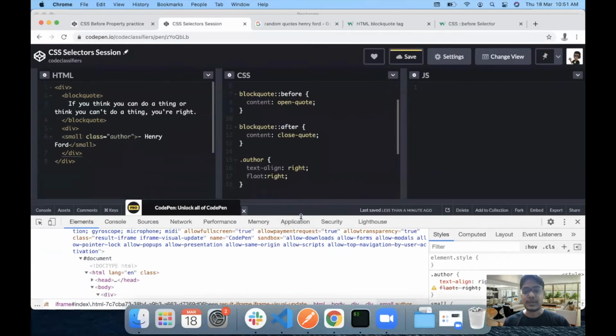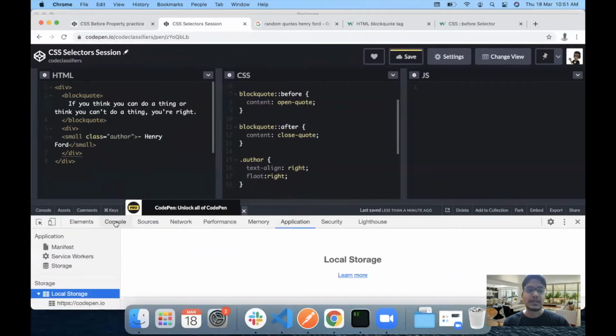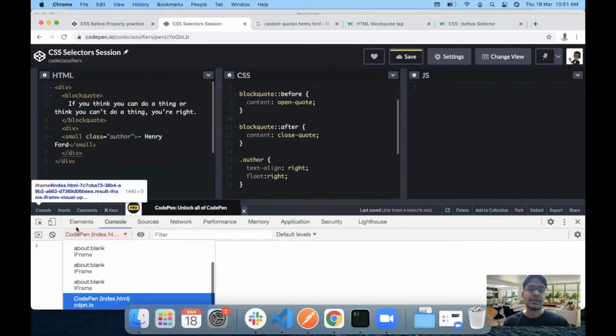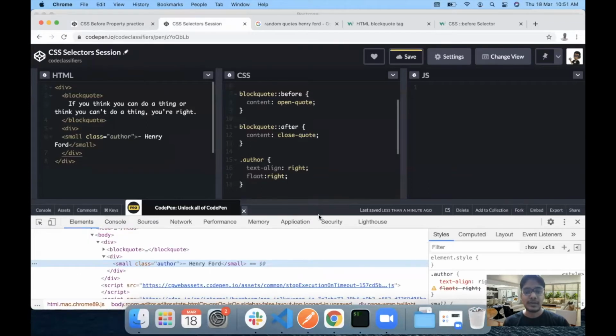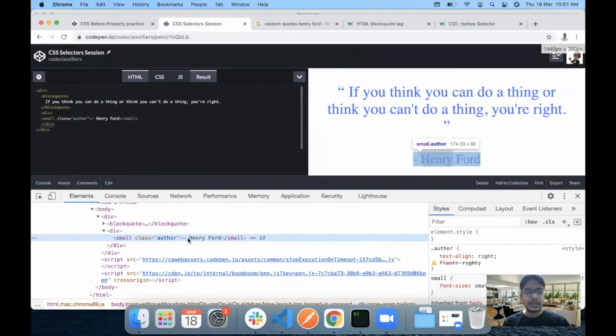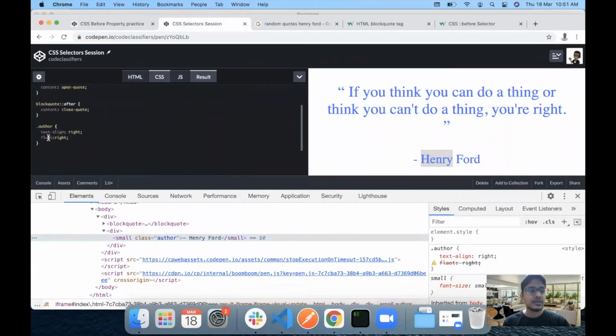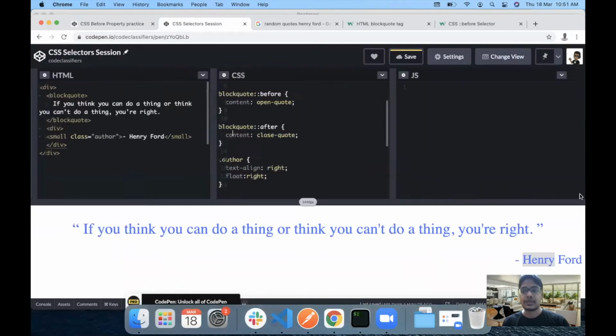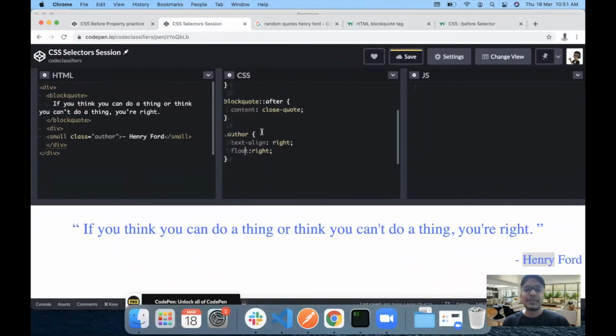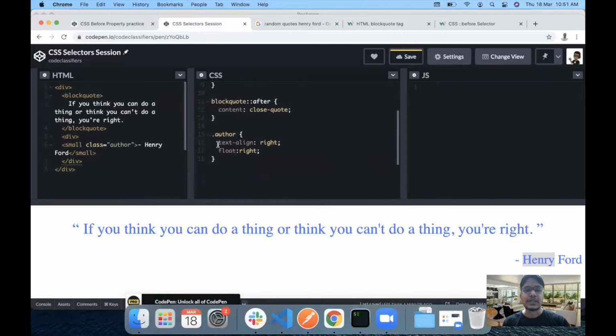I'm doing this for the first time, so yeah, I make mistakes. It's not like I had practiced this once, but sometimes things go wrong. No, this is my small tag. Okay, so float right did not work out because the spelling was wrong. Aha. Just a minor spelling mistake.